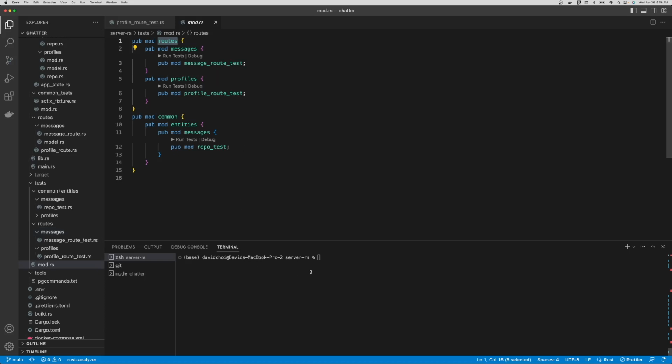And then this allows cargo test to go into the test folder, find the mod.rs file, which is a lot like an index.js file in JavaScript, and find the relevant modules, the paths to the relevant files, and execute them as needed. So if we run this test,